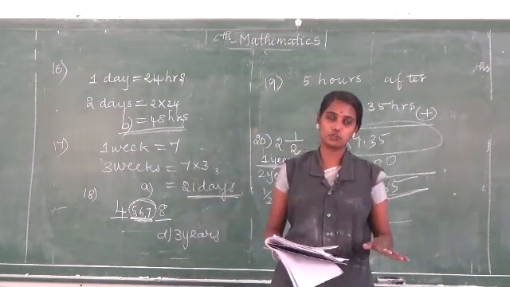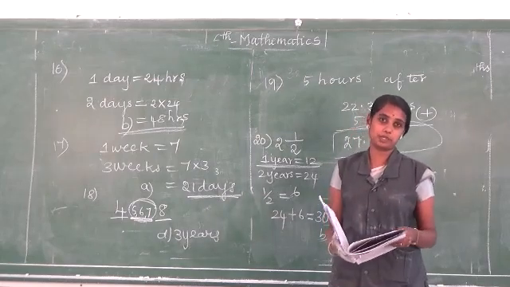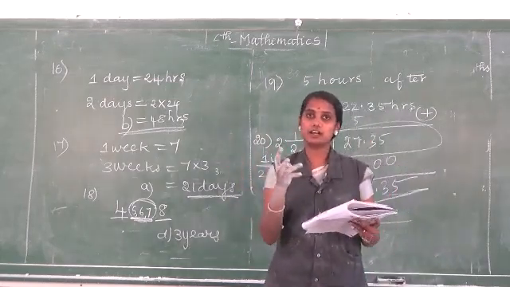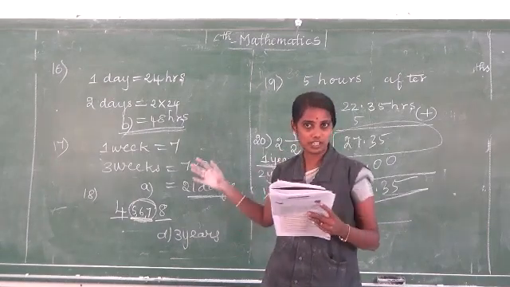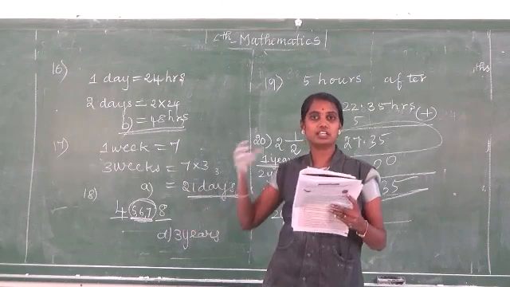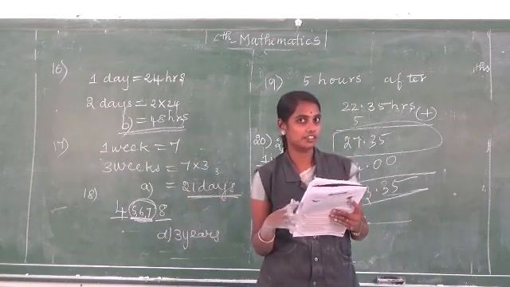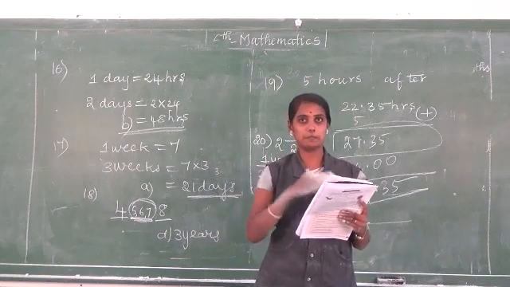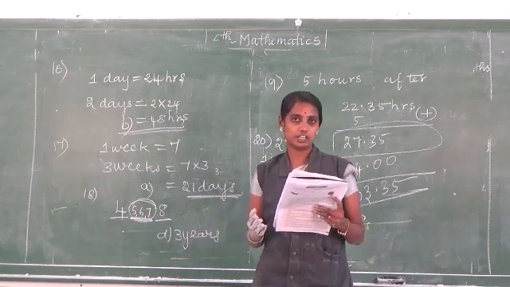Now listen. This exercise is over. This chapter also is over. The chapter is Measurement. In measurement here we see about the leap year and ordinary year, which we are using in day-to-day life. This is very basic. You must know how many days you have in each month. January month, how many days? 31, don't forget. Then February month, based on the leap year and the ordinary year, will change to either 28 or 29.